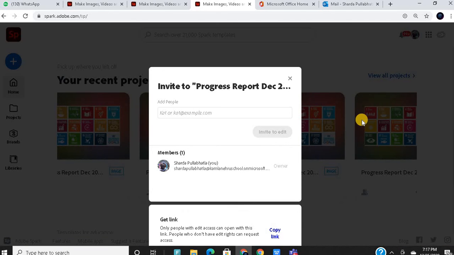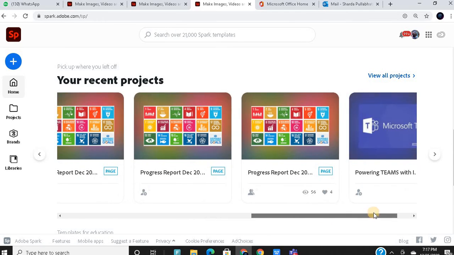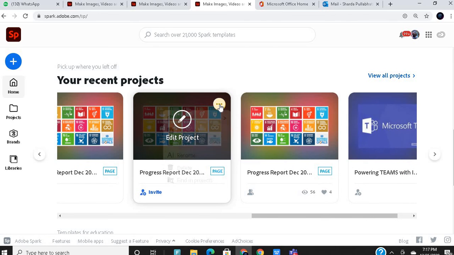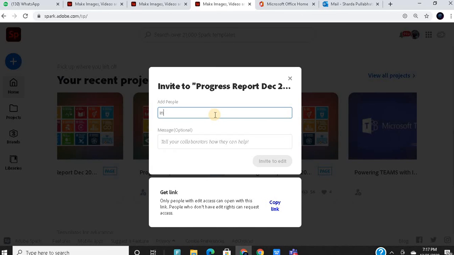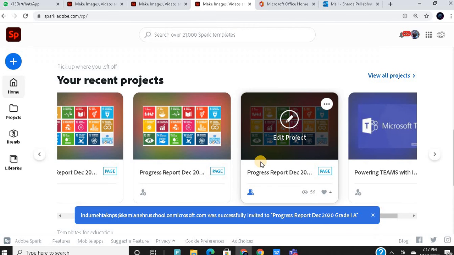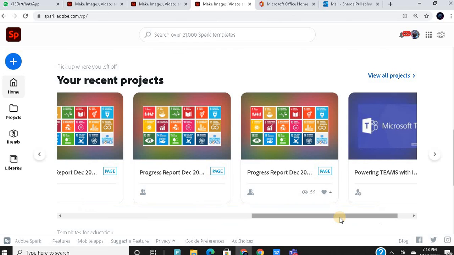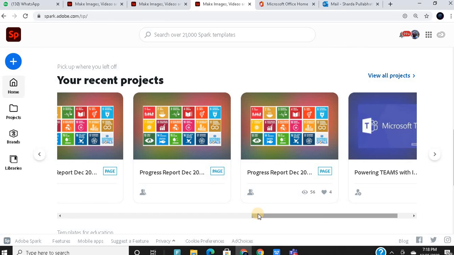Now after I have created and I have got the information, I can go here, and when I click on share and I want to invite someone to collaborate the same, I will invite the teacher whom I would like to collaborate with. So let us observe the name of this project. Alright, so I go here and I collaborate and I share it with the teacher whom I want to invite. I just need to write their ID here. Suppose I want to share it with Indu